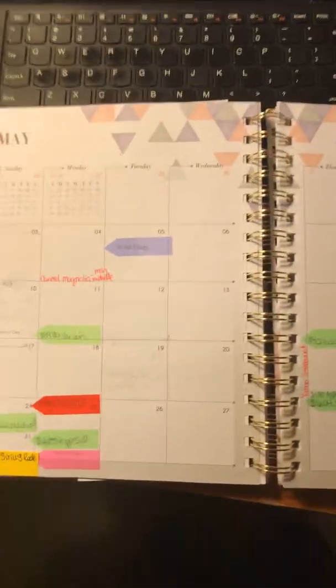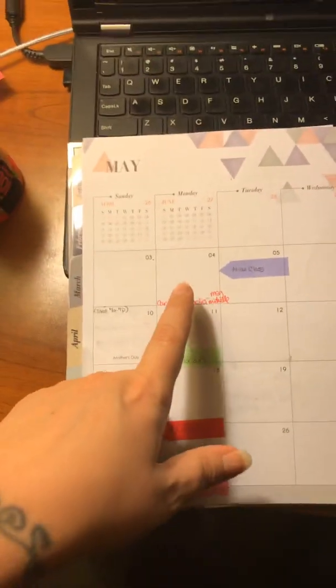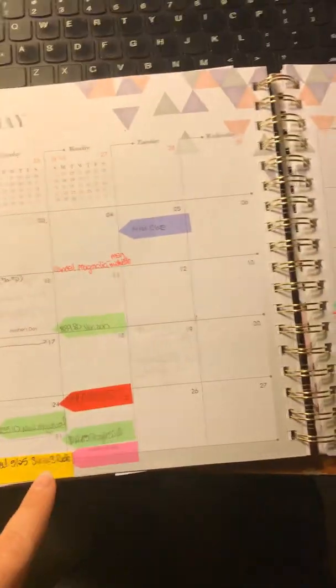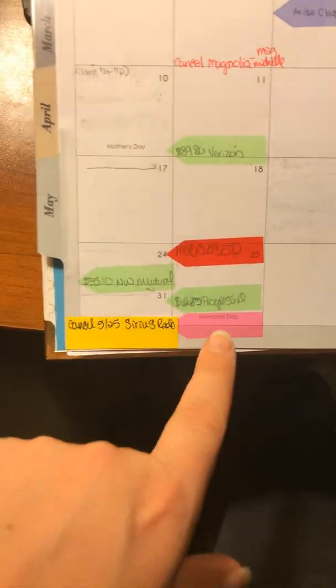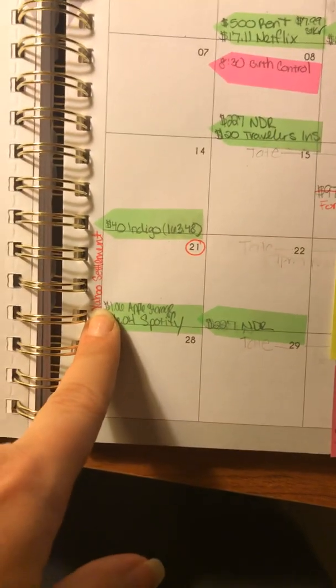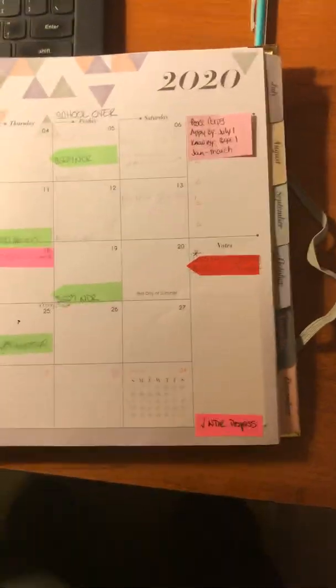We're going to switch then to May. So May is amazing. There's not much going on. I have when I need to cancel a subscription. I have a class starting, bills, cancel Sirius Radio, holiday, my day job is closed. There's supposed to be the Yahoo settlement that I may get paid from, my birth control shot. And so you see that I have everything all done